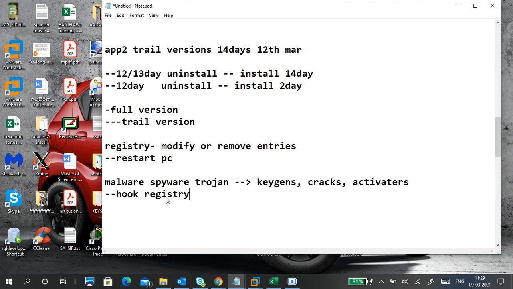Okay, you're downloading movies from, what is that, Pirate Bay, torrent sites. Obviously along with your movie, something will be added. Something will be downloaded into your PC, and without knowing, you are accepting that one. It is hooked to your registry. Directly I can't attack your PC, but I'll give you something. If you accept it, automatically I can come into your PC. So entering is possible, knowingly or unknowingly.